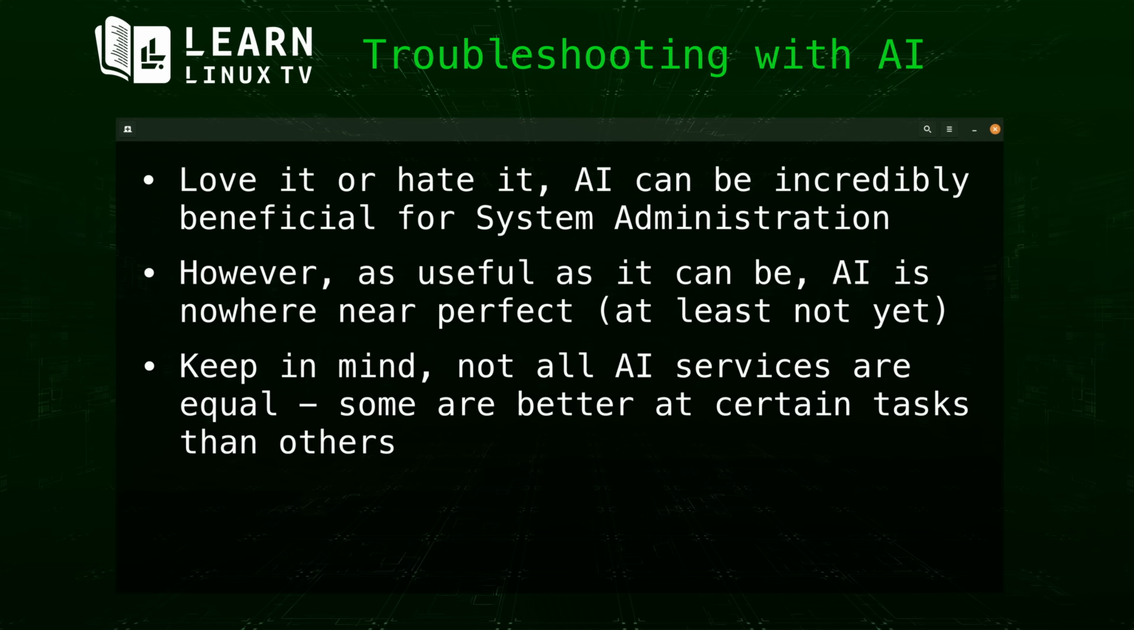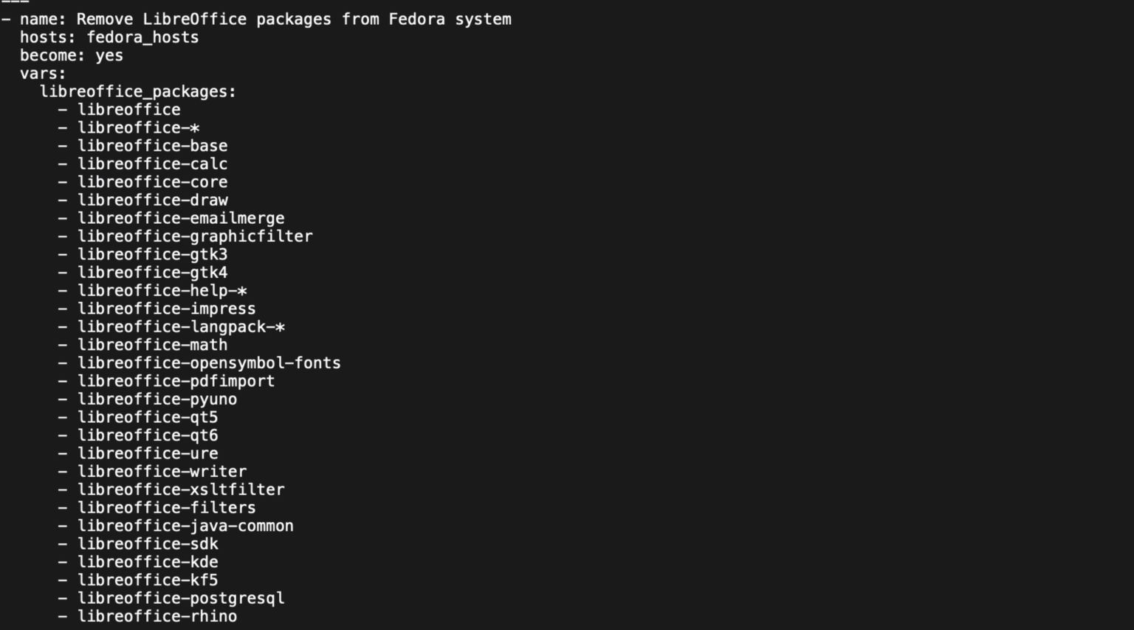For another example of this, I recently asked Claude AI to create an Ansible playbook that would remove LibreOffice and all related packages from my workstations. I wanted to do this since I use the Flatpak version of LibreOffice, so I didn't really see a reason to also have the distribution packages installed. I just wanted to use the Flatpak version. So when I asked Claude AI to create an Ansible playbook to remove all LibreOffice packages, this is what it came back with. Now, it's possible that this code might have worked just fine, but I knew right away that